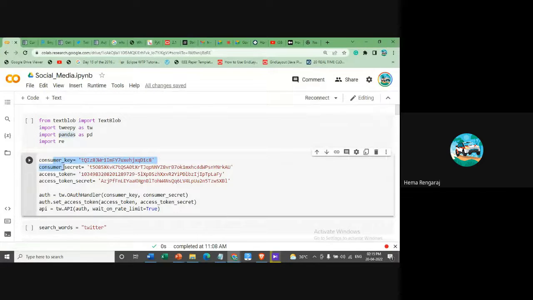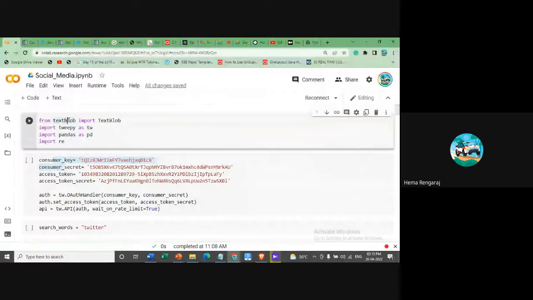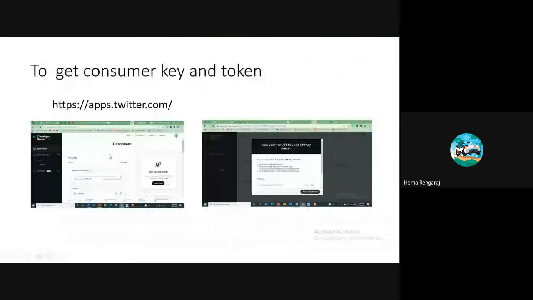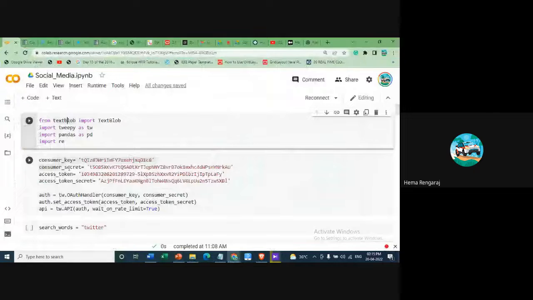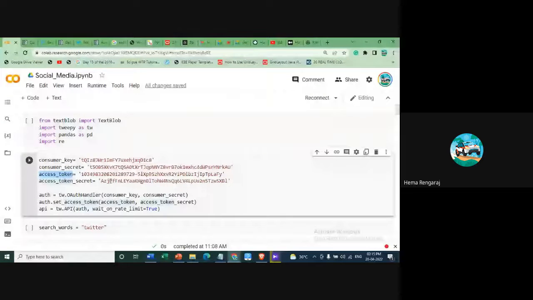And this part is the main thing. So how do we get this? At the starting itself I told you we are going to access the Twitter data. Does Twitter give its company data to all users? No. We have to authenticate with Twitter, correct? For that you need to go to that link and subscribe, and authenticate yourself by giving your mail ID or mobile number. Then they will provide you an API key, a secret key, the consumer secret key, and the access token. Without this access token and consumer key, we can't access the Twitter data.